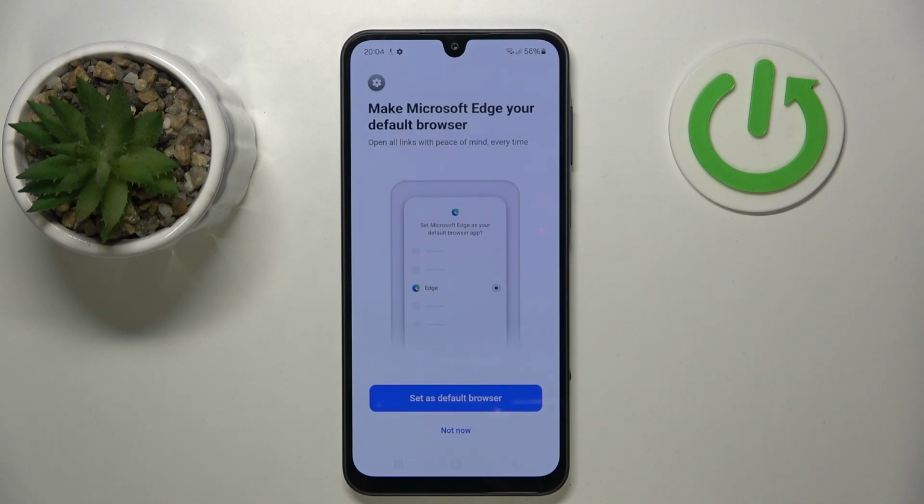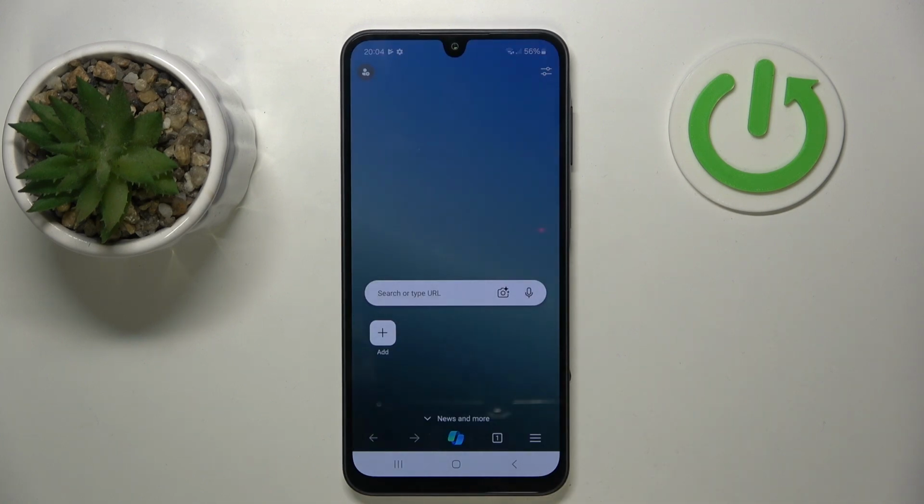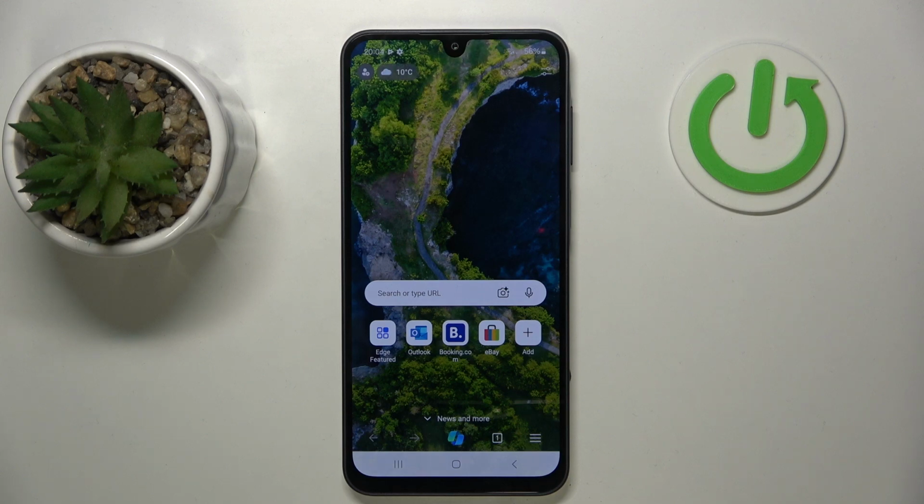And here you can set this browser as your default browser, or you can click not now and you have to click confirm. And as you can see, my Microsoft Edge browser is now installed and is ready to use, so that's it